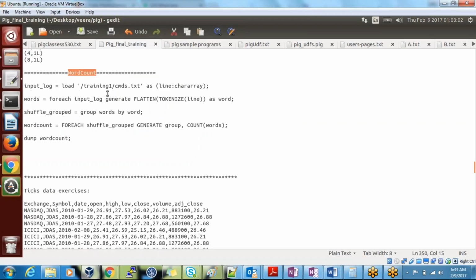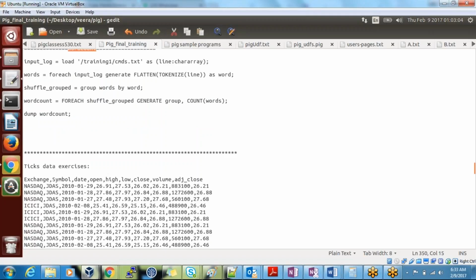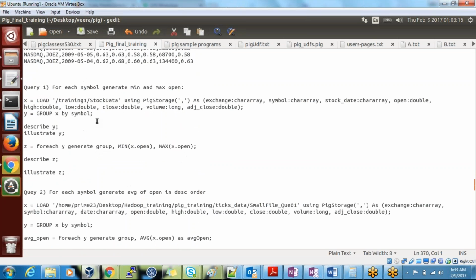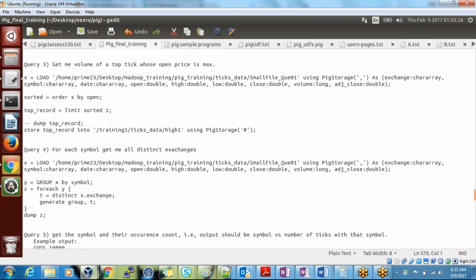Okay, this is how it works. What we will do, we will wind up now. Tomorrow we'll be working on text data, something called stock data. In the stock data we'll be doing multiple operations. I was talking about finding the minimum and maximum, right? How to find the minimum and maximum, and the minimum for each specific opening price. We will try to do all these operations tomorrow.